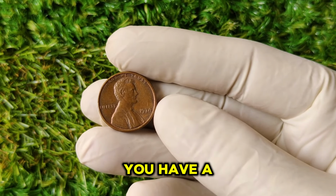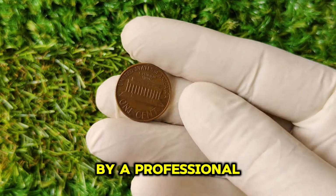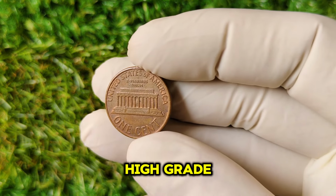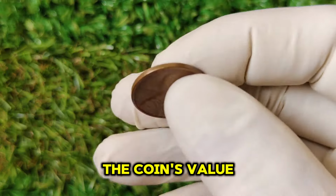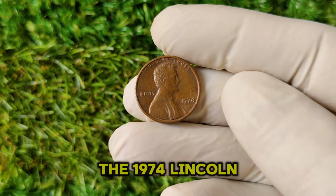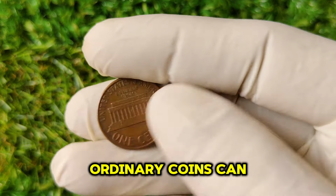If you believe you have a potentially valuable 1974 penny, get it graded by a professional coin grading service such as PCGS or NGC. A high grade can significantly increase the coin's value, especially if it's an error coin or in near-perfect condition. The 1974 Lincoln penny is a prime example of how seemingly ordinary coins can turn out to